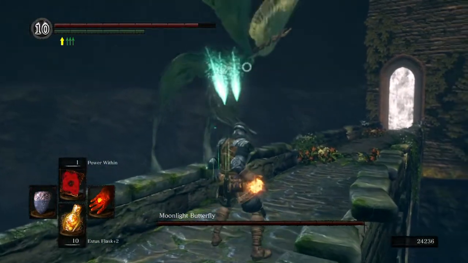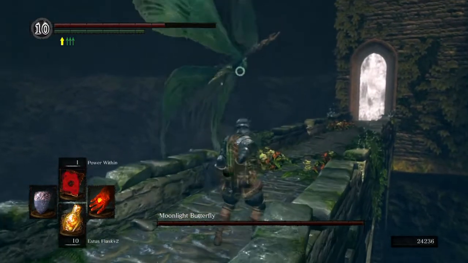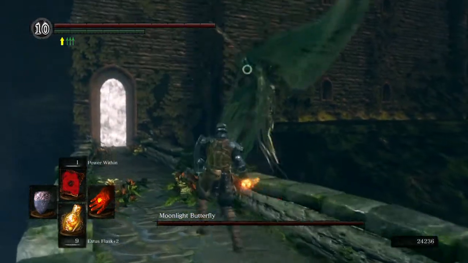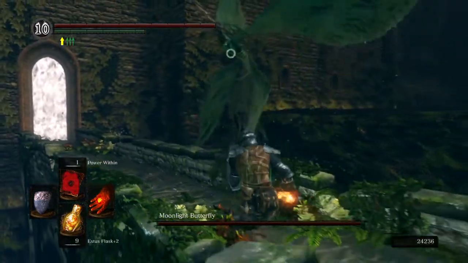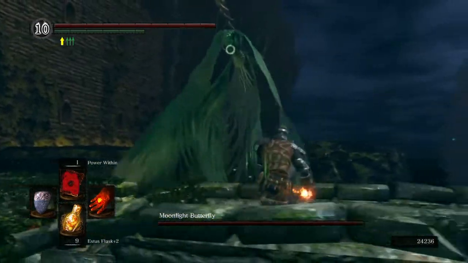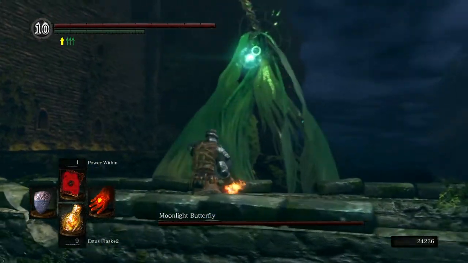There's a laser beam. I should have dodged that. I didn't do it. Oh well. It's super easy to dodge to the side. And the boss mainly flies, and this is supposed to be a ranged fight, where you use projectiles, and I could use projectiles, but eventually the boss is just going to